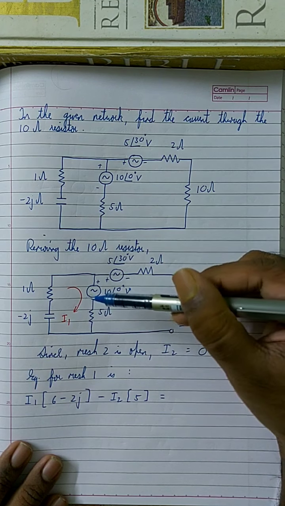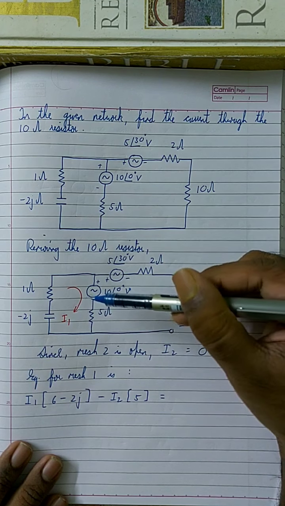the equation for VTH. Therefore the equation for VTH is simply, hypothetically assume that you are writing the equation for mesh 2. According to here, since I2 is positive and I1 is negative, it is minus I1, and in this mesh I1 is touching only this element, right? What is the name of this element? 5. So minus I1 into 5 plus I2 into,